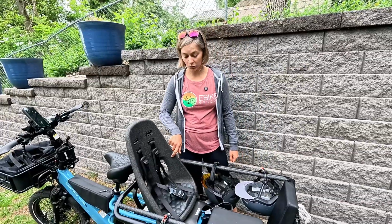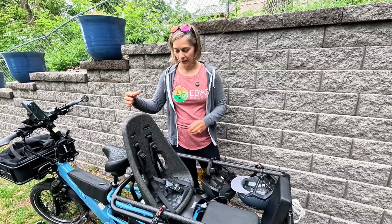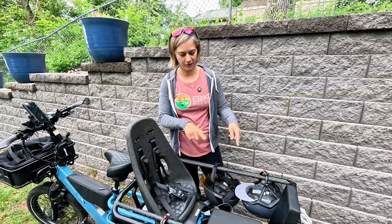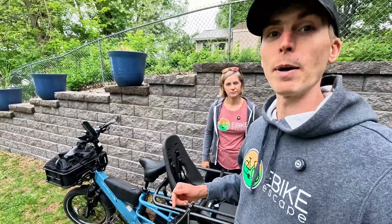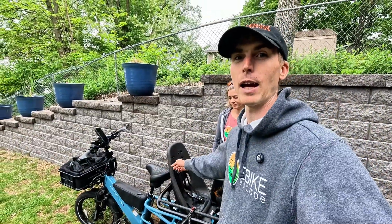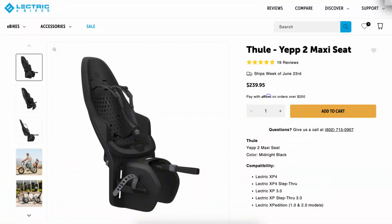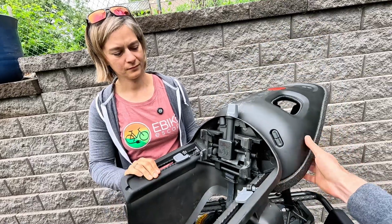So we've still got a little one in the Thule seat. This seat can go backwards or forwards. I prefer backwards for the fun factor for the kids. Keep in mind, when I'm riding this, I do have to have this forward unless I want this jammed in my back. One note on the Thule seat, if you're shopping for these, what you want is the clamp style,